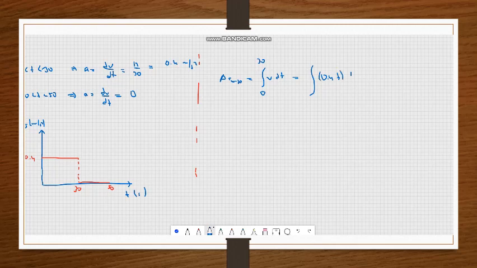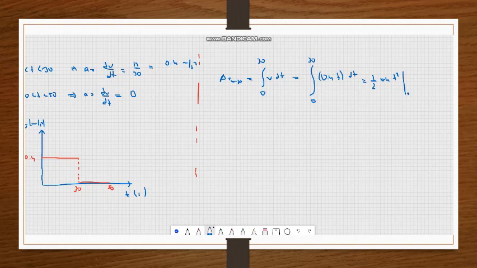So the integral of v dt from 0 to 30 is going to give us the total distance traveled between 0 and 30. When we take the integral, it is 1 over 2 times 0.4 t squared